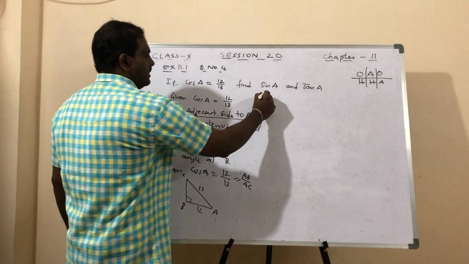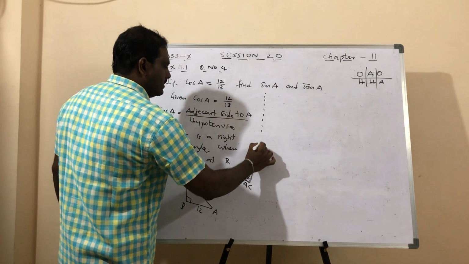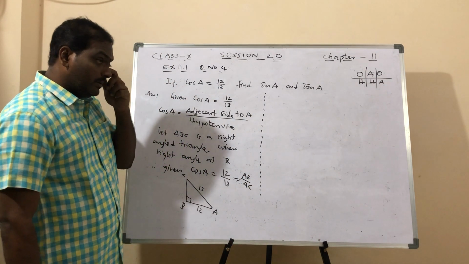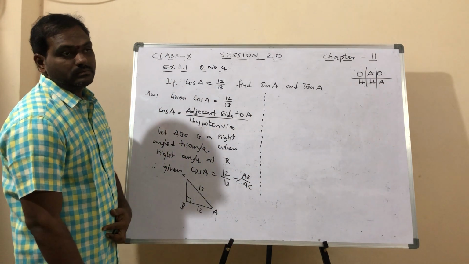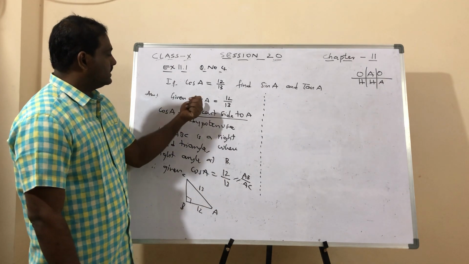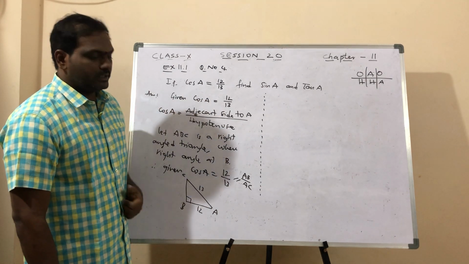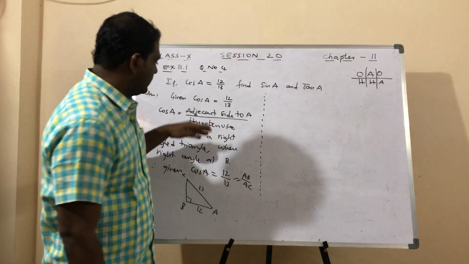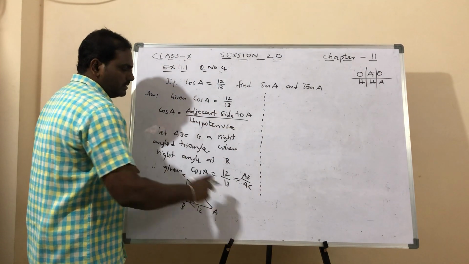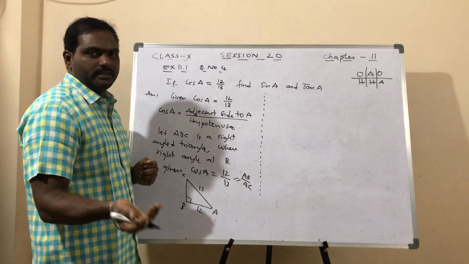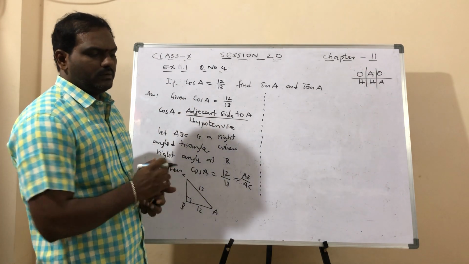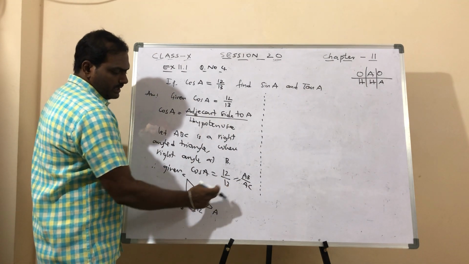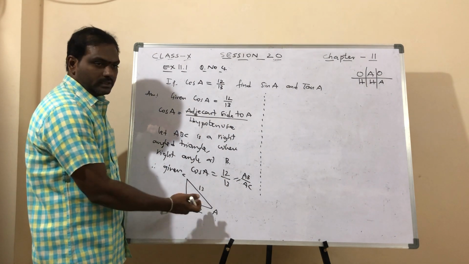Okay. Now, the triangle is not given, so we have to write it in this fashion. How to write it? First, we give a trigonometric ratio, and by using this, we have to assume one right angle triangle. It may be ABC or XYZ or LMN or PQR or whatever it may be. Basing on that, we have to write and fill this in. So next, what is the next step?